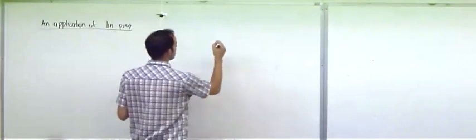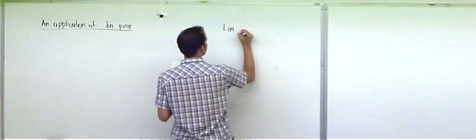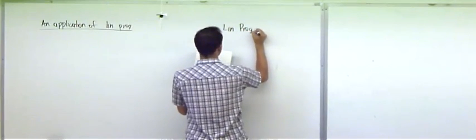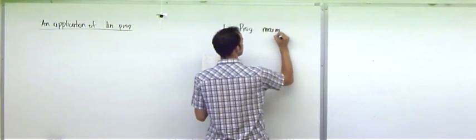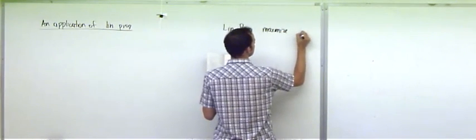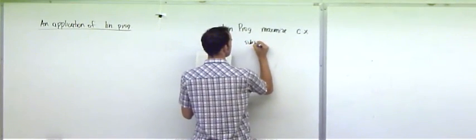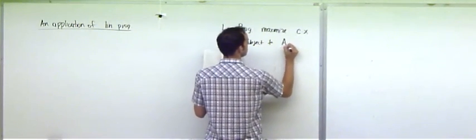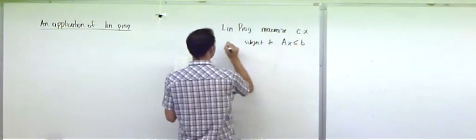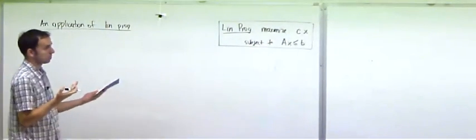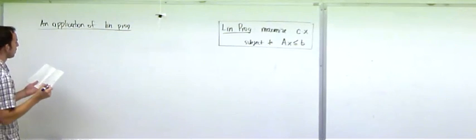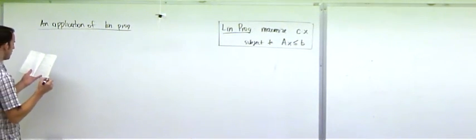And let me just remind you that linear programming is the problem of maximizing a linear function c dot x over a polytope Ax less than or equal to b. So how is this applicable? Well, let's talk about